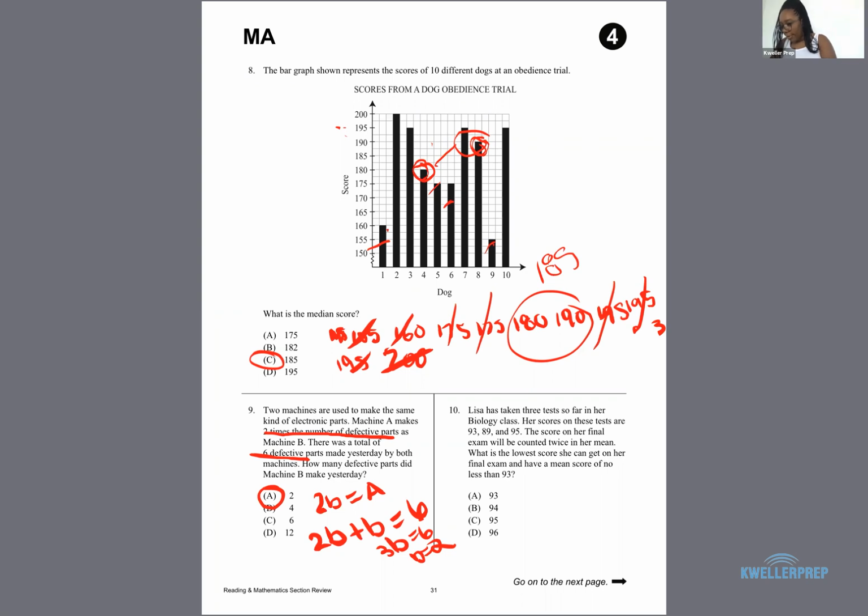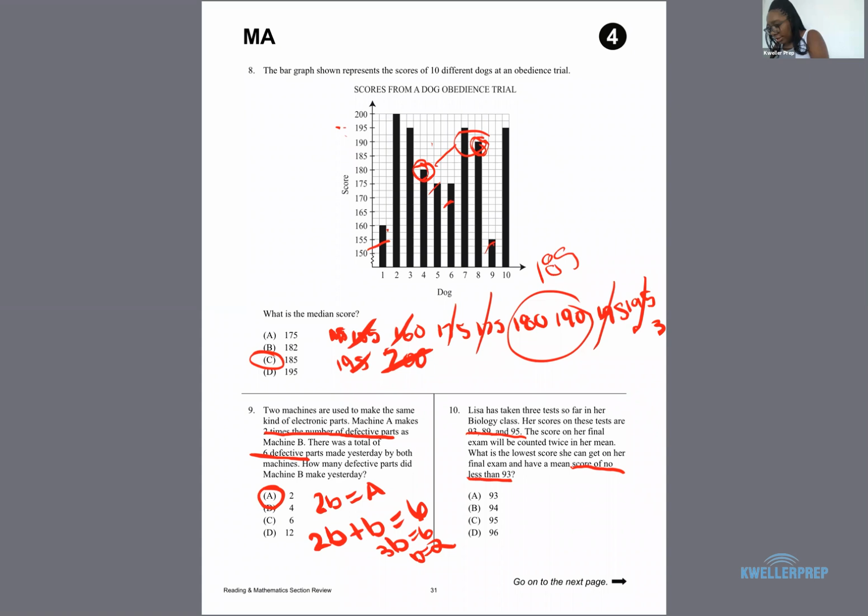All right, for number 10. Lisa has taken 3 tests so far in her biology class. Her scores on these tests are 93, 89, and 95. The score on her final exam will be counted twice in her mean. What is the lowest score she can get on her final exam and have a mean score of no less